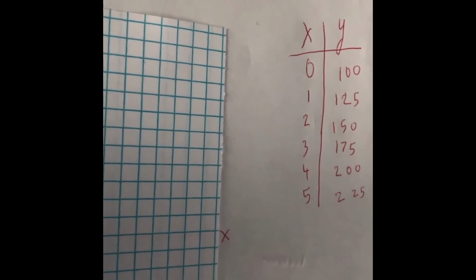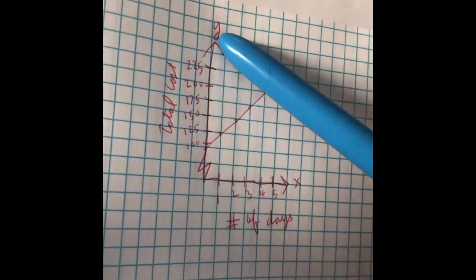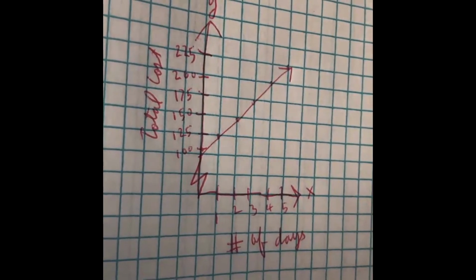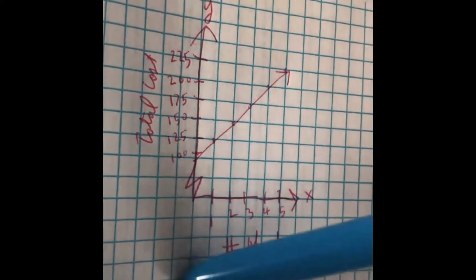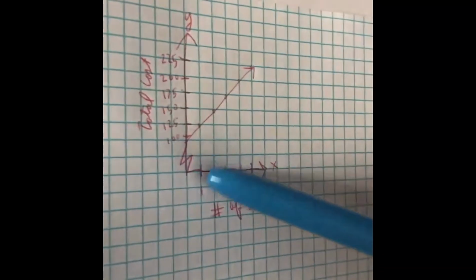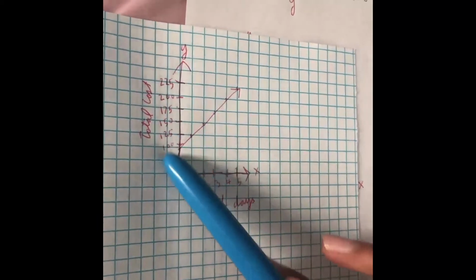So to draw a graph, first we should plot the x and y axis and then label them on the side, and then we should use a graph paper to draw the graph more straight, and then we should label all the number values over here. Plus this thing is a break because I don't want to continue more down, and this right here, it says total cost because remember I told you y is the total cost, and this is number of days because I told you that x is going to be number of days. And then the data plotted over here, you just plot them over here, and then you create a line. So, and then in this you could see that 0, 1 is your y-intercept because it is crossing the